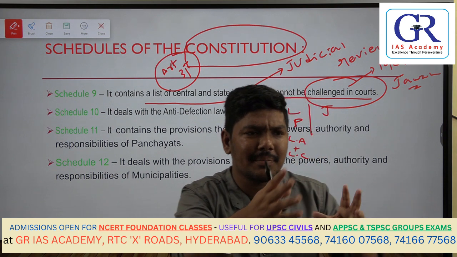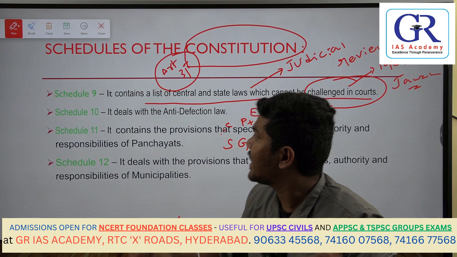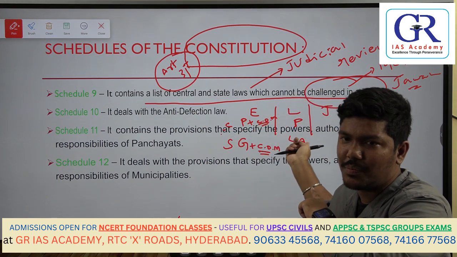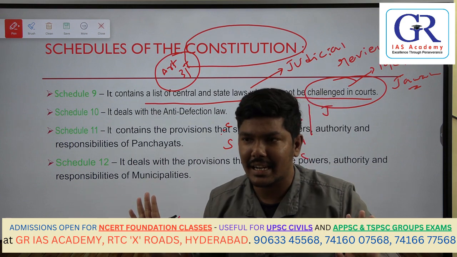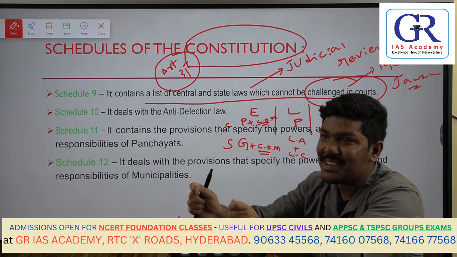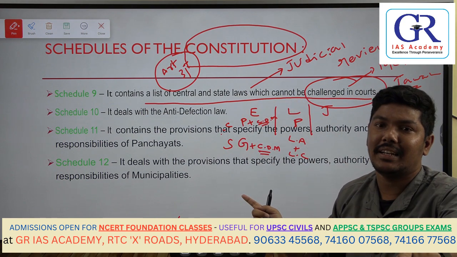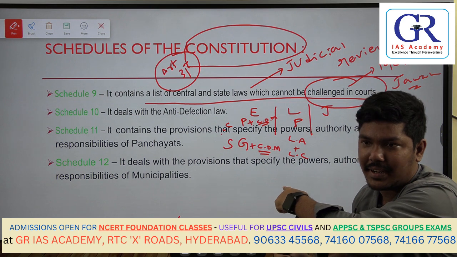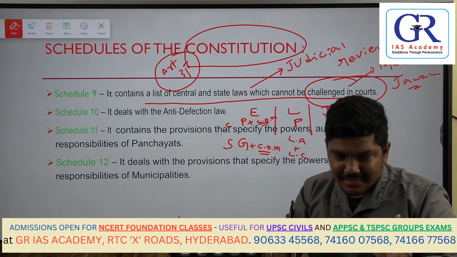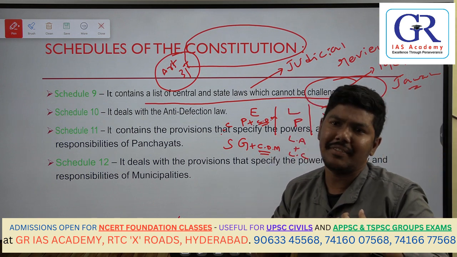They say the government is trying to take away our lands. The government says it will be distributed to the poor, but however, it violates my fundamental right. So immediately, what will the Supreme Court do? It will strike off that law. To avoid this issue, that particular law is kept in the 9th Schedule, and the government says to the judiciary, I am keeping the law here in this schedule because I am doing it for the public good only, because the wealth has to be distributed to the poor people. With that objective I was doing it.